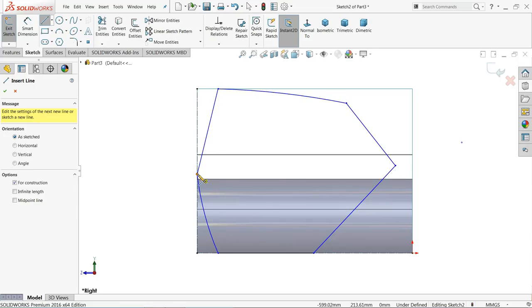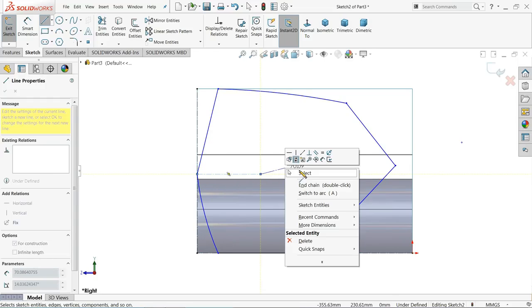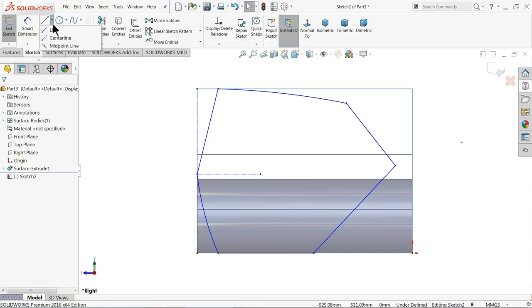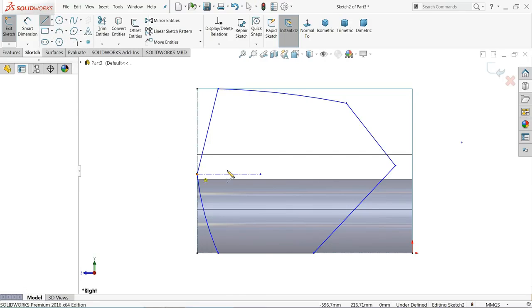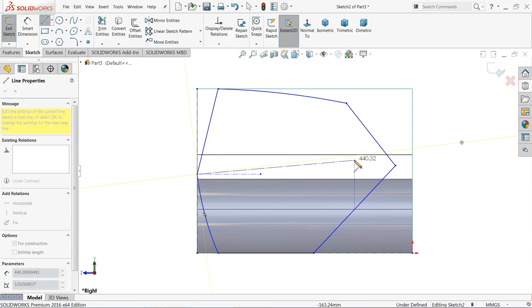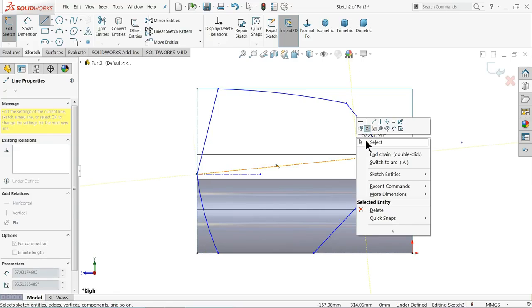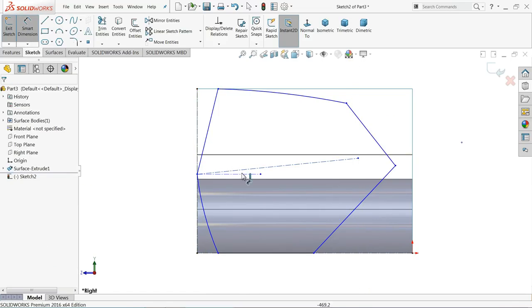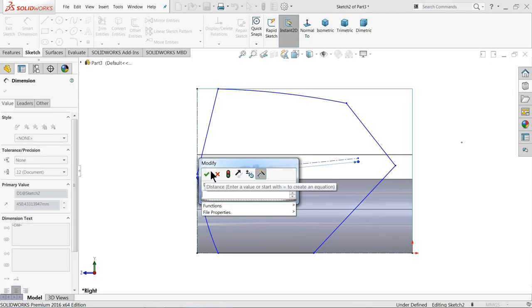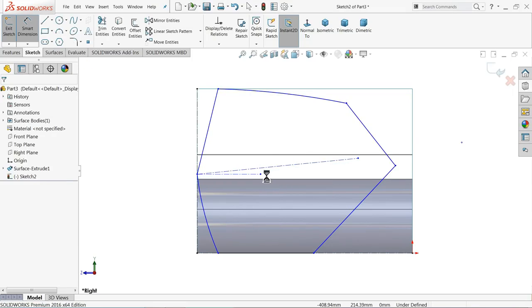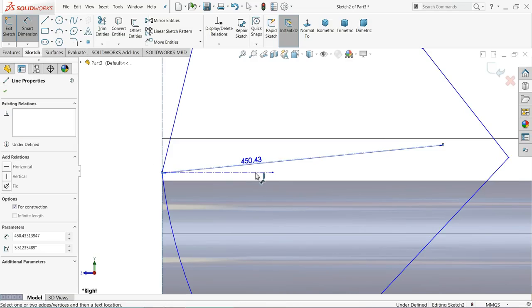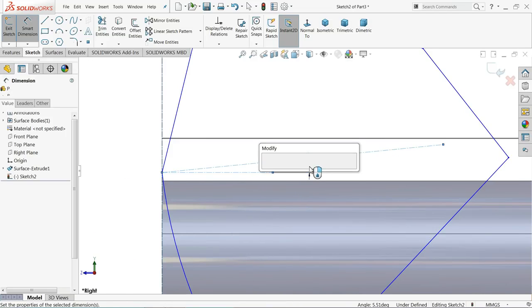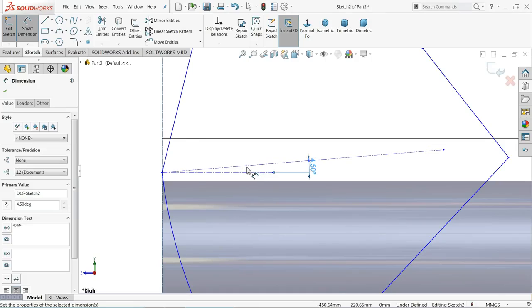Center line, I'll draw one horizontal line and I'll choose one more center line. Let me define this angle, 4.5 degree.